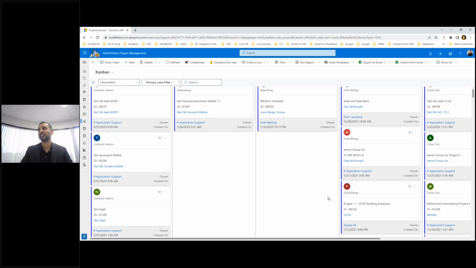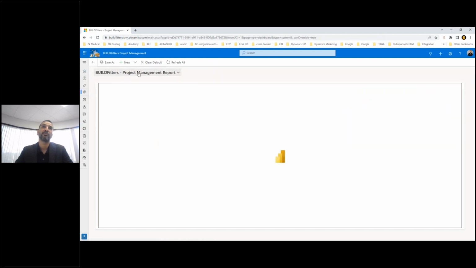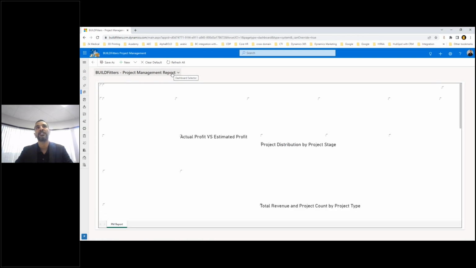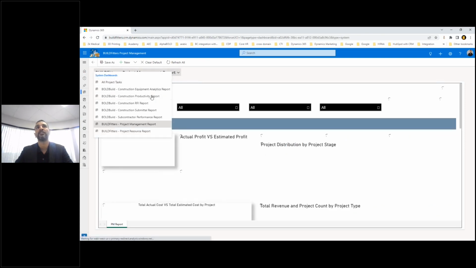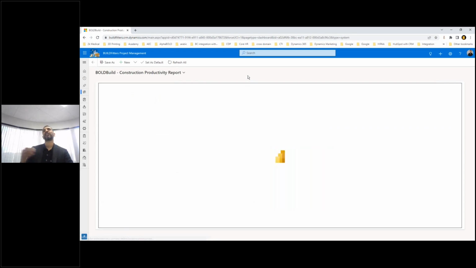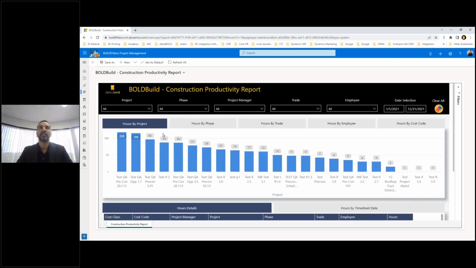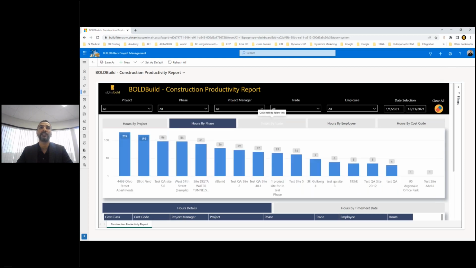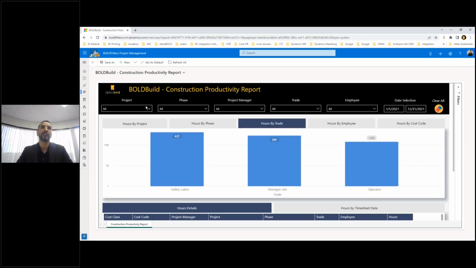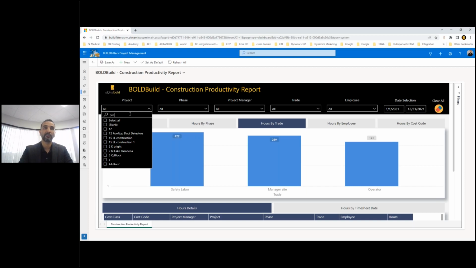I showed you task assignment already as well. Last thing that I want to show you is on the project side. I showed you the project management report, which was more on the cost management side of things, but we have a productivity report here as well. And this is more tracking hours. So I can go in here and I can see against each project how the team is performing. I can look at hours by project, I can look at hours by site, by trade. So for example, if I filter down here on the project that I've been using for this demo,